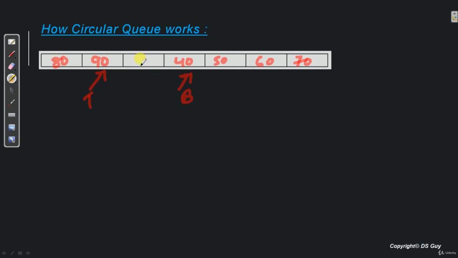Now if you want to insert an element, we can safely do it over here. So top of queue becomes here and beginning as usual will be here. So this is the entire concept of circular queue. So I hope you have understood the concept of circular queue. Now let's see all the algorithms of circular queue operations one by one.